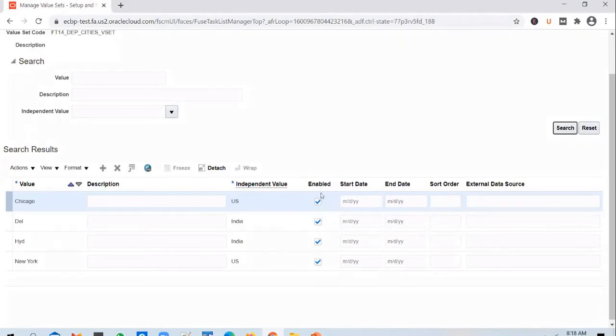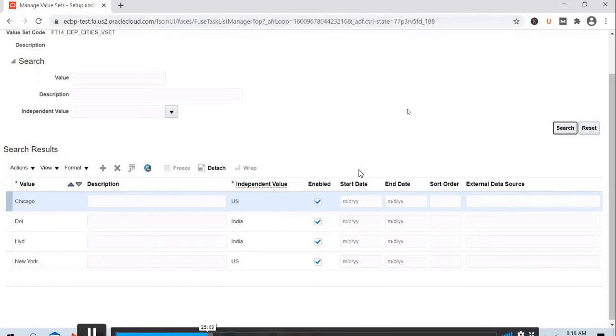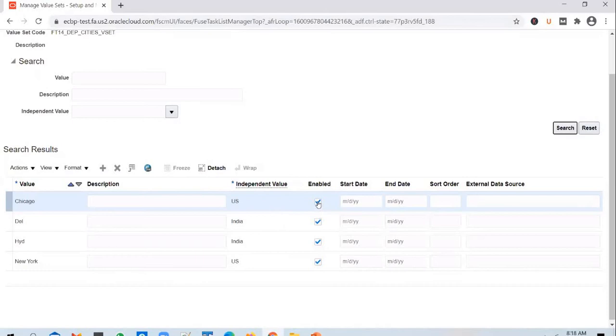Enable will do this. When you add values to the value set, if you don't want to enable them for the time being, if you want to disable a value so that it doesn't appear in the flex field or in the screens wherever that value set is used, you can uncheck this without deleting it.